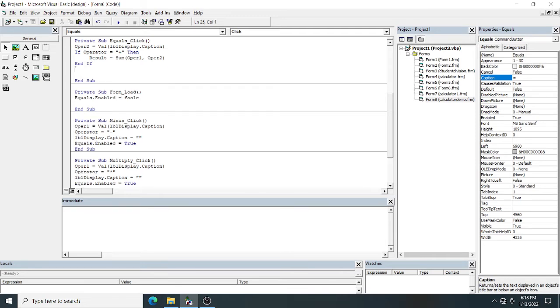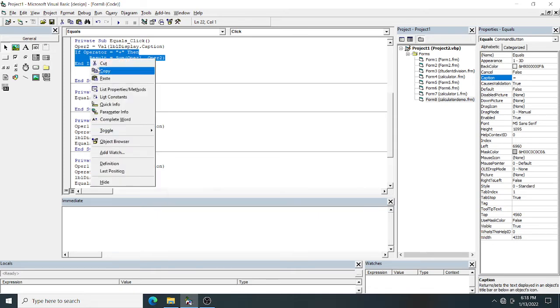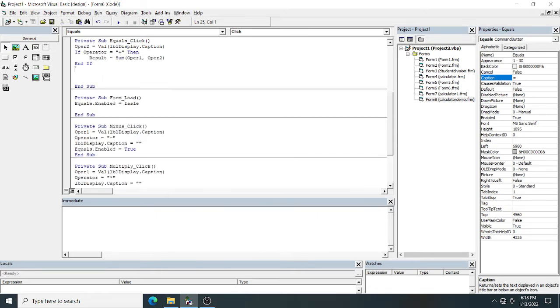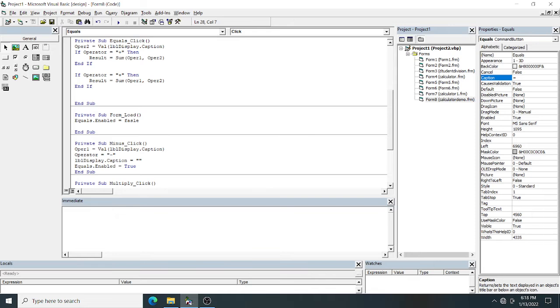Okay, so we have not coded for some functions till now. After the same thing you can do copy paste here, because this is for the plus operator you did. Now which operator? If the operator is minus, so you have to call which function?